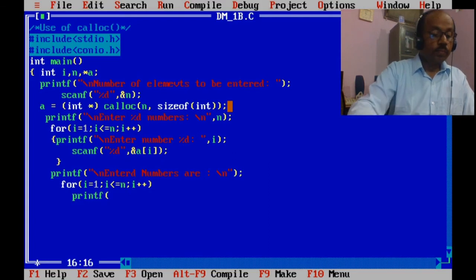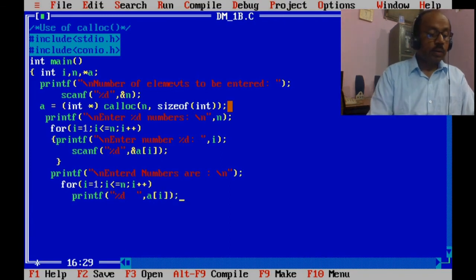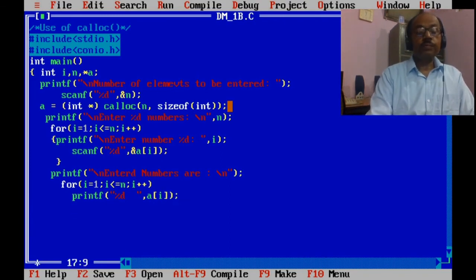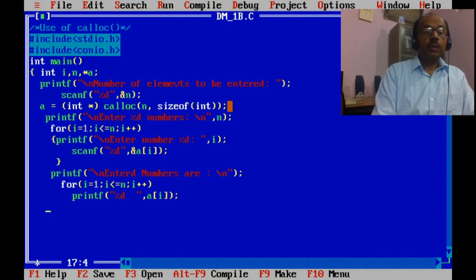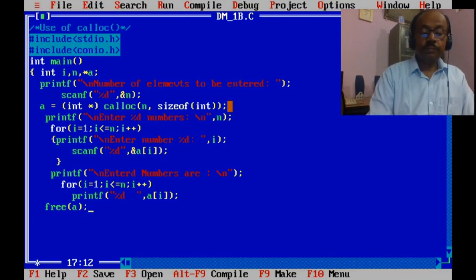Printf "%d", comma, a[i]; semicolon. Now we should free the allocated memory: free the pointer, that is a.